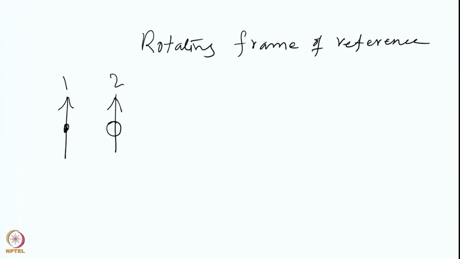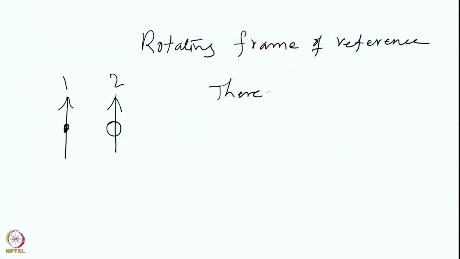In the same manner, when you go into the rotating frame of reference, there is no H0 field because it is not moving. In the rotating frame of reference, we sit on the spin and look at the magnetic field. If there is any magnetic field perturbation, then you do not see the field because it is stationary. The analogy is here. If two persons are sitting on two different trains, and both the trains are going in the same direction, so this is train 1